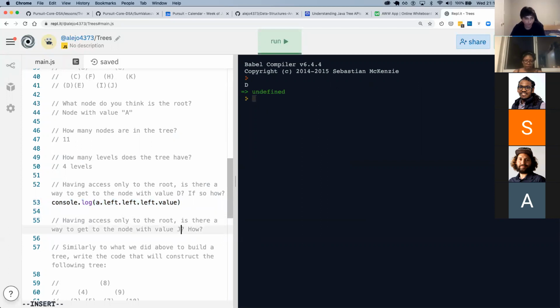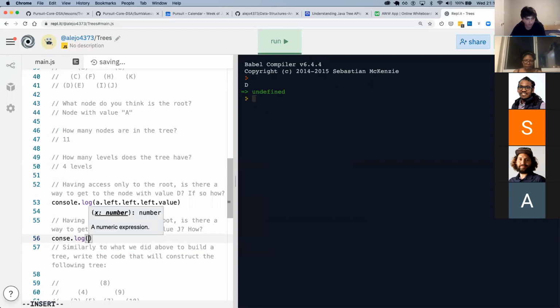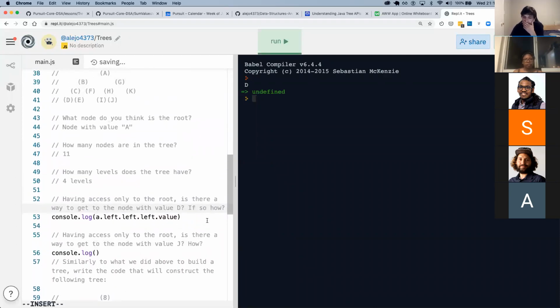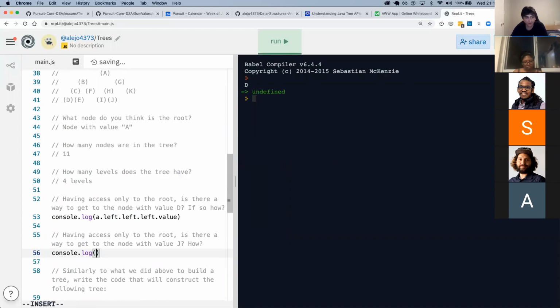Okay, really quickly, what is the solution for the second one? For J, Owen. It is, sorry, A dot right dot left dot right.